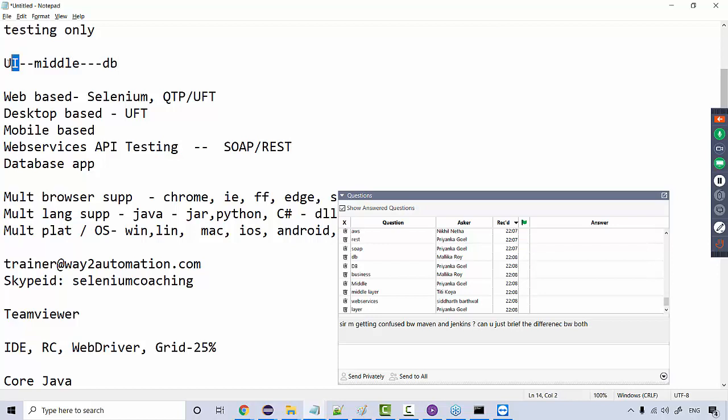Selenium can only test the UI part, right? Selenium cannot test the middle layer or DB. DB we can integrate. We have already seen using SQL, MySQL APIs, we can integrate using Java code, and we can do database testing as well. But when we are testing UI through Selenium,